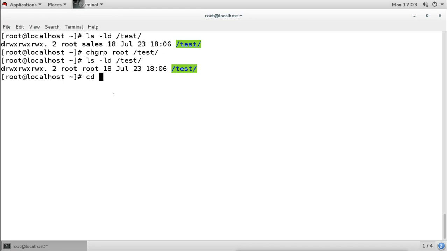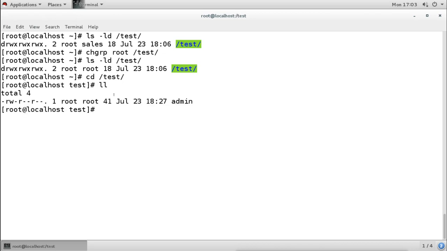Now when I go to this directory and check what files are there, there is one file, and it is created by the root user. Owner is the root user, group owner is also root, and the permission for the file is read, write for the owner user, that means for the root user, and no other user can do anything. Other users cannot edit the file, they can only read the file.